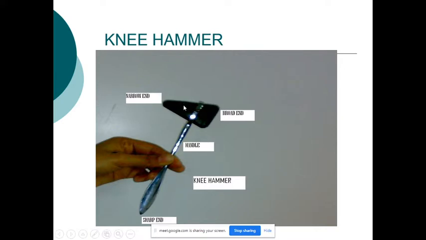So this is the knee hammer. Okay, are you able to see? One of you unmute and tell me. Yes, sir. Okay, yes, sir. So the knee hammer,